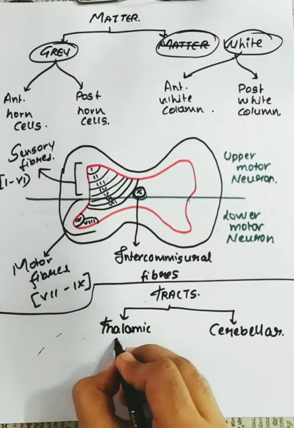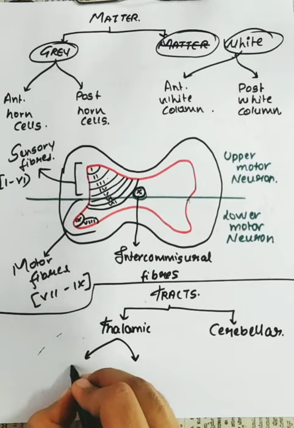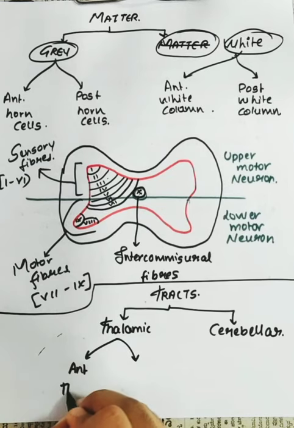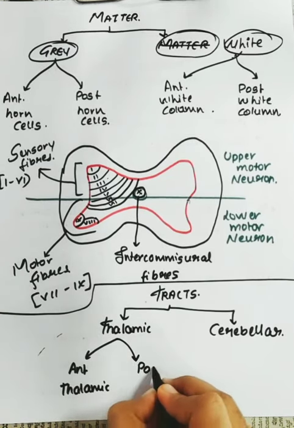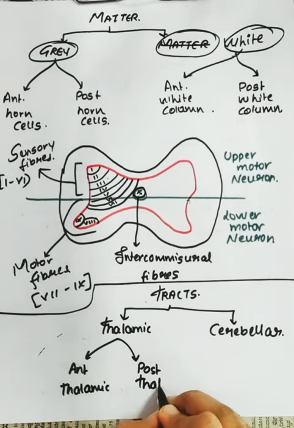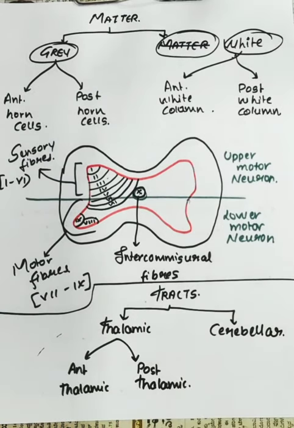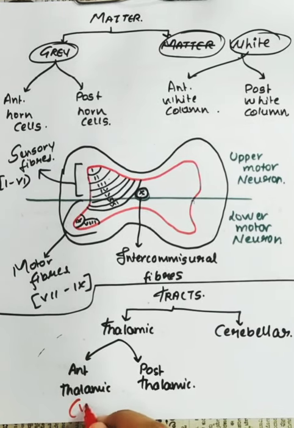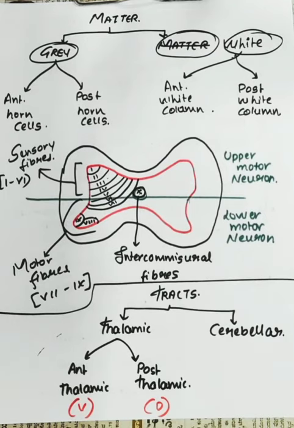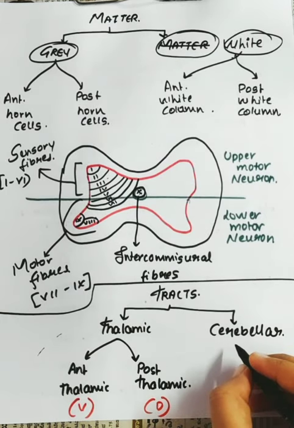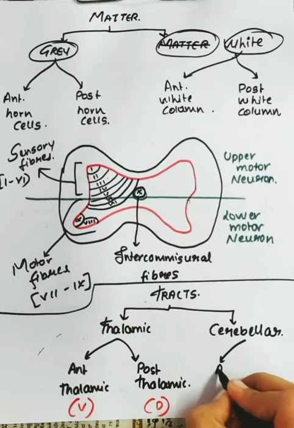In the thalamic tract, it is classified into anterior thalamic tract as well as posterior thalamic tract. It is also called as ventral thalamic tract as well as dorsal thalamic tract. If you see the cerebellar tracts, in cerebellar tracts also there is anterior